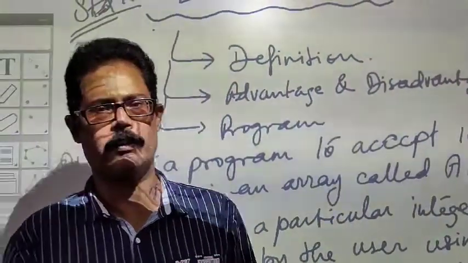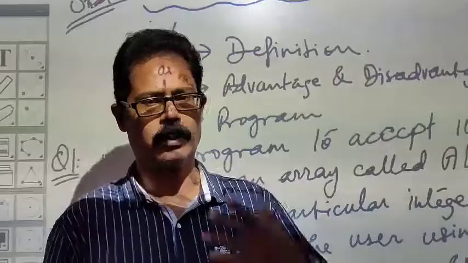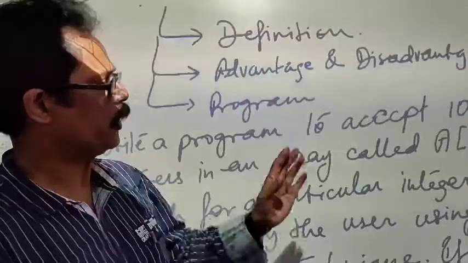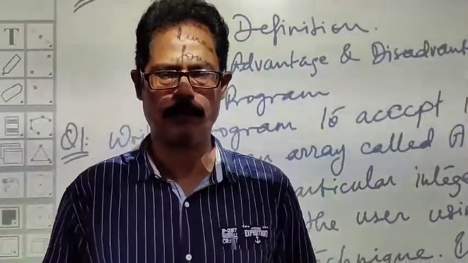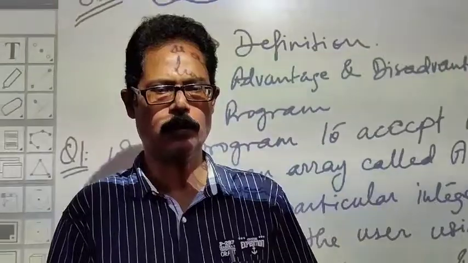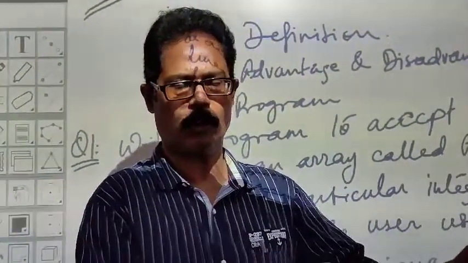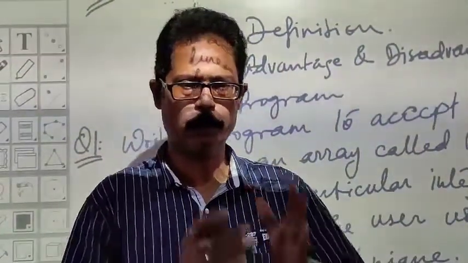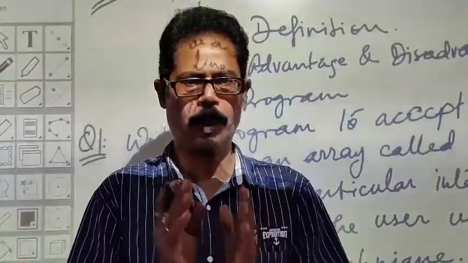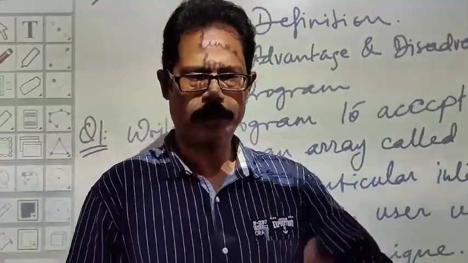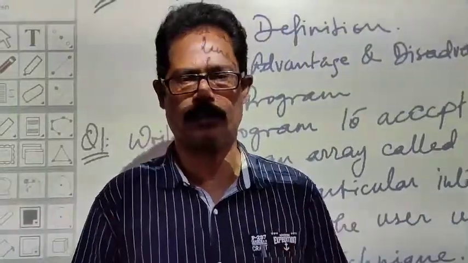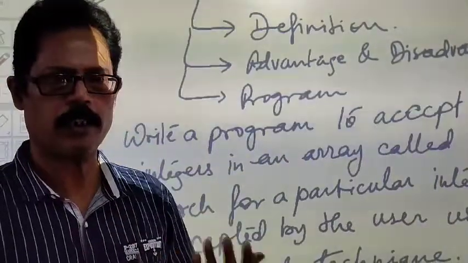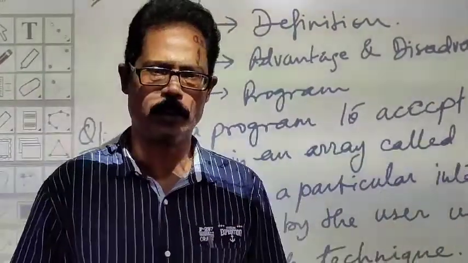In this type of searching technique, the value or the data item that is to be searched is compared with all the elements present in the array. If it is found, it prints or displays the array element along with its position. Here position means index plus 1. Otherwise, it displays a suitable error message, for example, invalid search, search failed, the element not in the list, the number not in the list, or the name not in the list, etc.